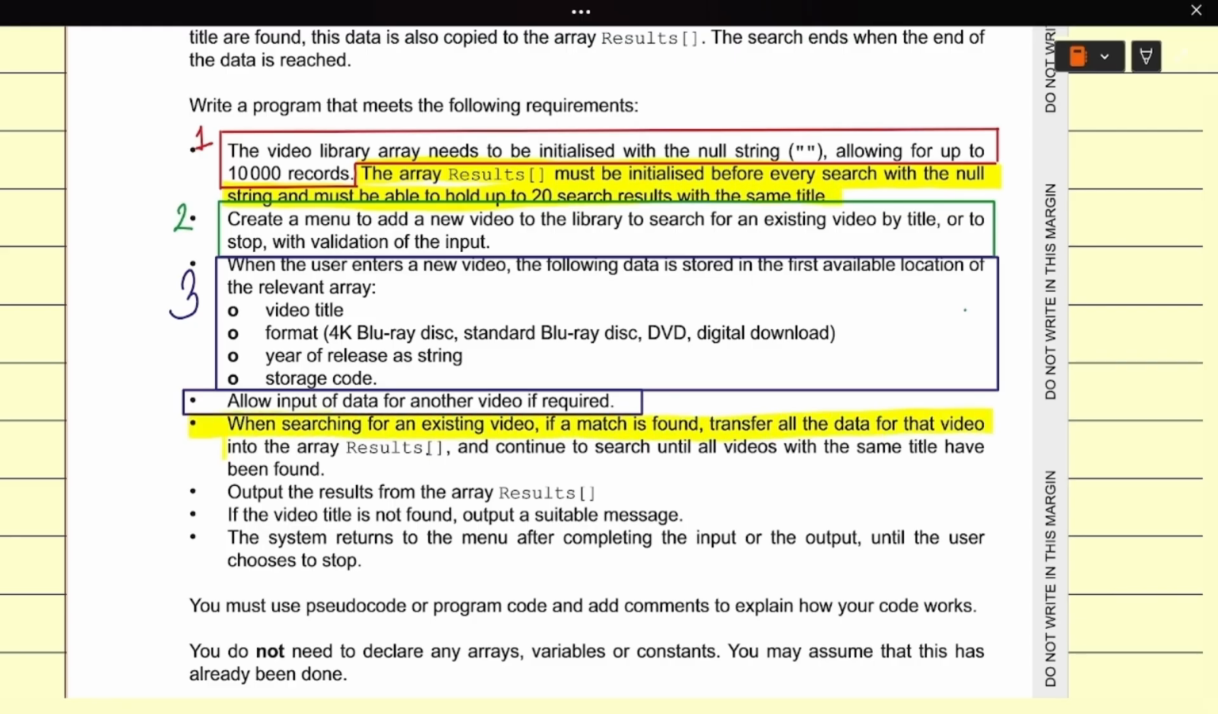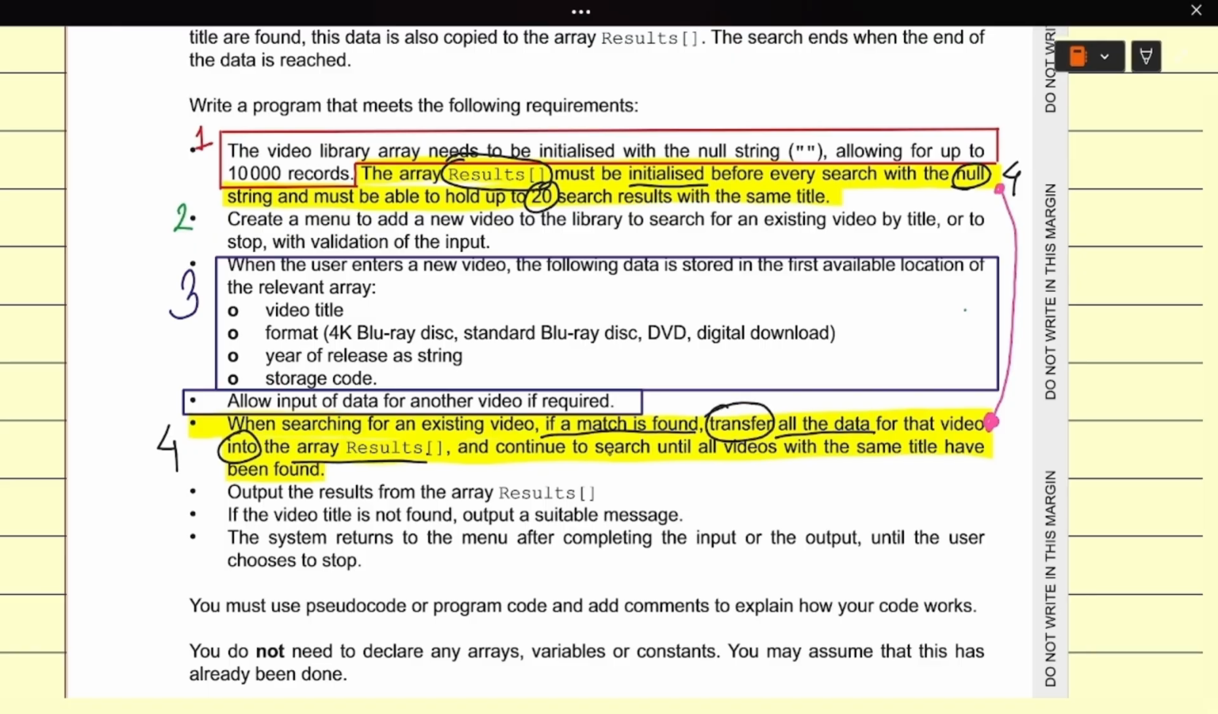Okay, the fourth requirement, and one of the branches of the fourth requirement is in the last part of the first requirement. These are not in serial order, but it is up to the candidate to organize his code or sort out which requirement to attend first and which requirement to attend later on. So the fourth requirement says the array result must be initialized before every search with a null string. So we need to populate the result array with null string,